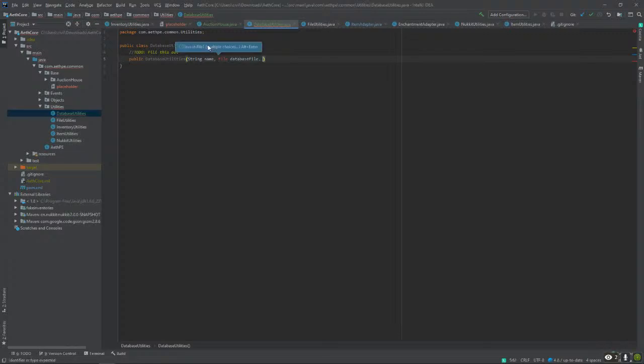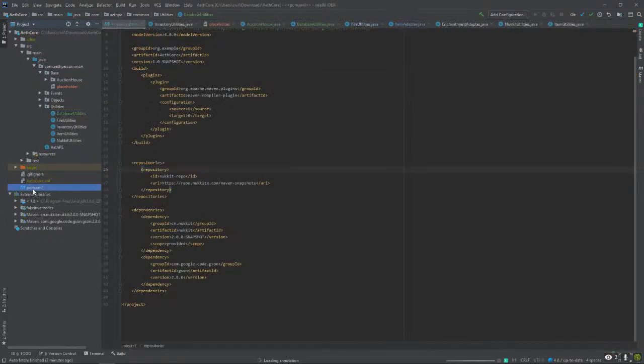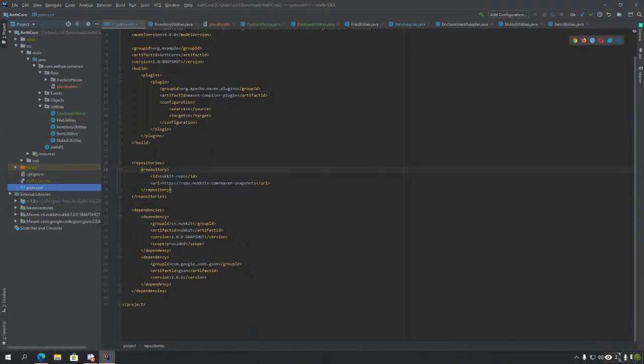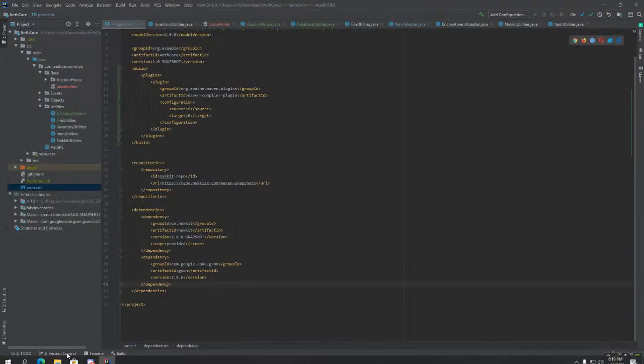And then I need one more. I think that's actually good. And we also need to get JDBC. I can work on database utilities as I go.